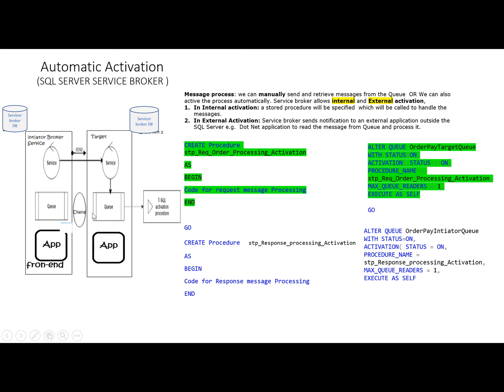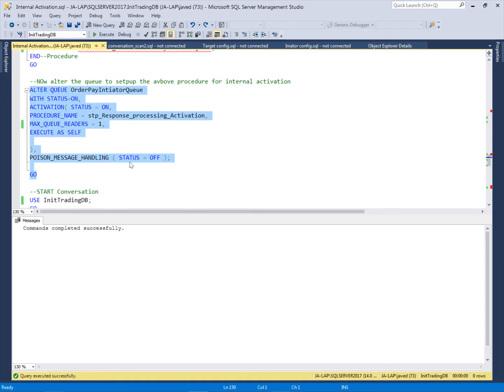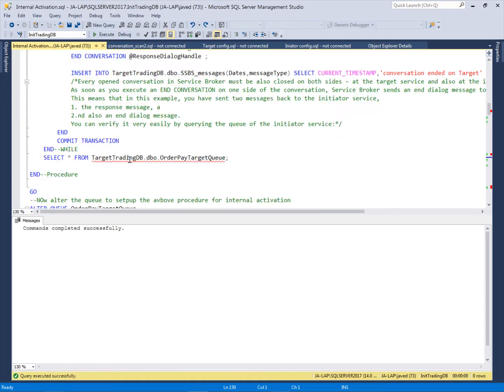Whenever this queue activates this stored procedure, I will add a record in that temporary table, saying that at this time this procedure is activated and did this thing, and what time the initiator queue is called and what the initiator queue did. All this I will store into the temporary table just to make sure that this automatic process happened.